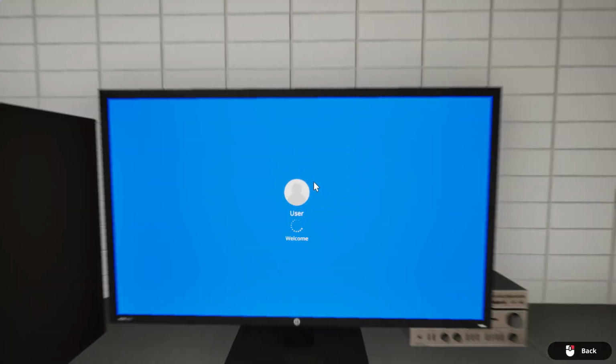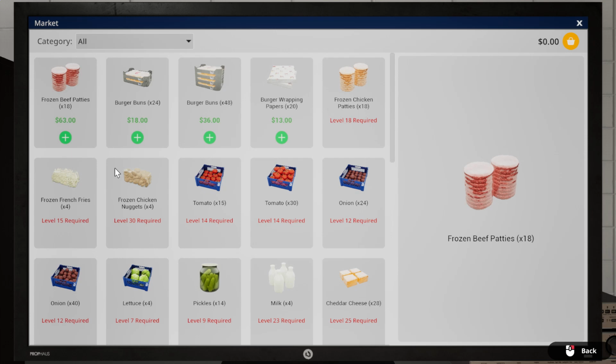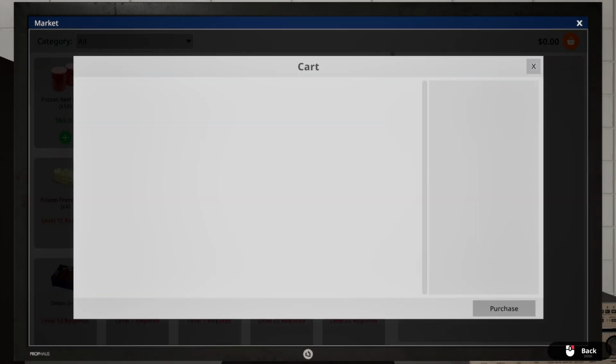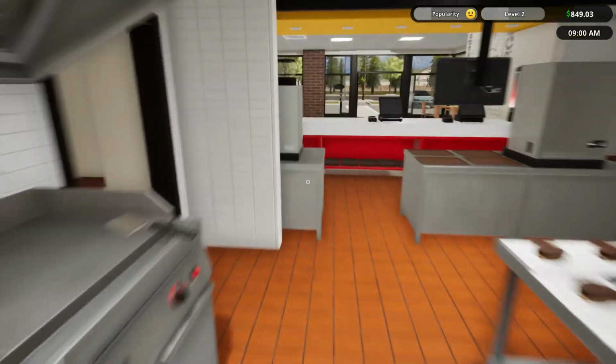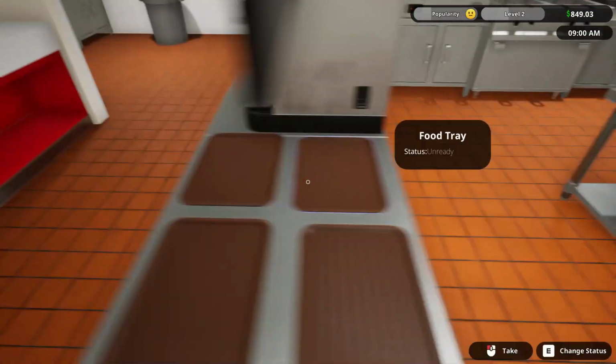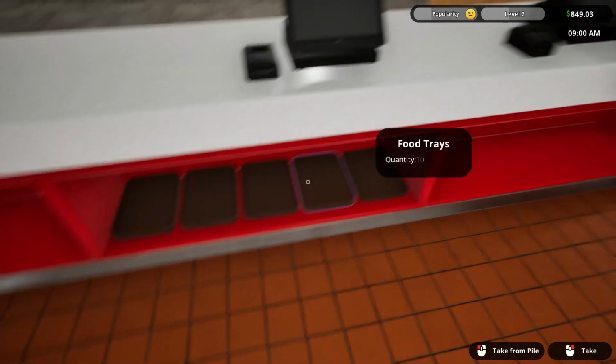I'm getting a little bit low on the beef patties, so let me head into the computer and order. I'm just going to order, I think, 2 more for now, and I'll grab them from the truck. Once again, you don't have to place an order at any time in the day. You could actually do it in the middle of the day, but I just want to make sure I get